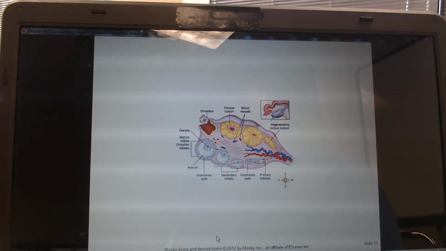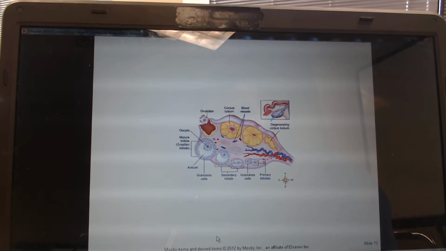Hormones play a role in this continued growth of the follicle. And we then see it graduate from being called a granulosa cell to a secondary follicle. And then we see the maturity of that follicle. At that point, we call it a Graafian follicle. And then during ovulation, it will rupture and release an ovum. That Graafian follicle, though, continues to play an important role in the female menstrual cycle and hormone output, because